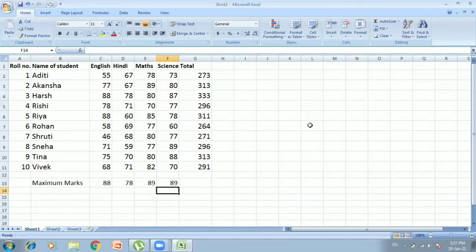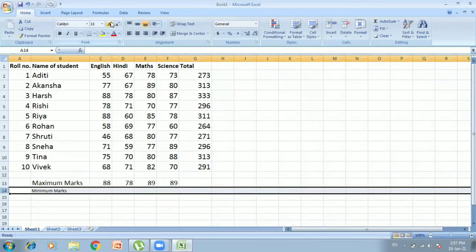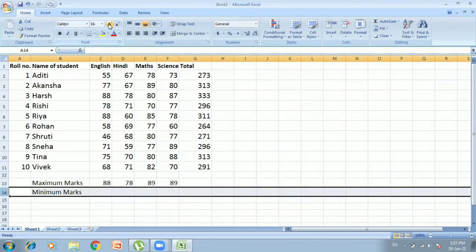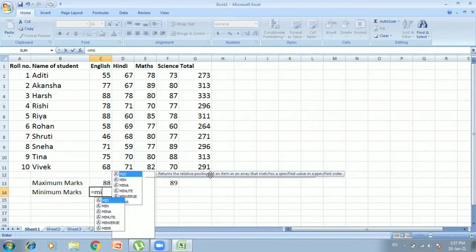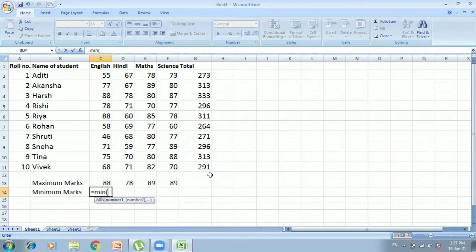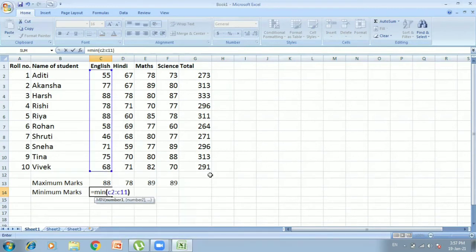Now children, let us find out minimum marks. So I'll increase the size a bit. Okay. So same way we will apply here, but we will use the function MIN. Same C2 semicolon C11. Bracket close, enter. So here 46 is the minimum mark.